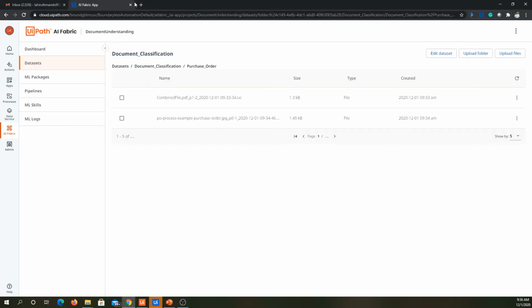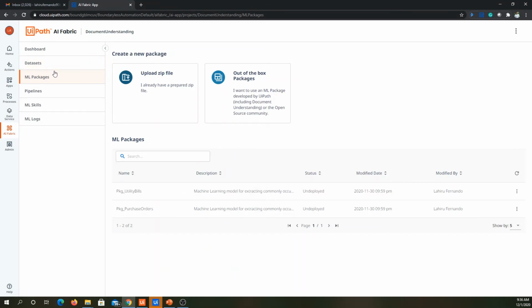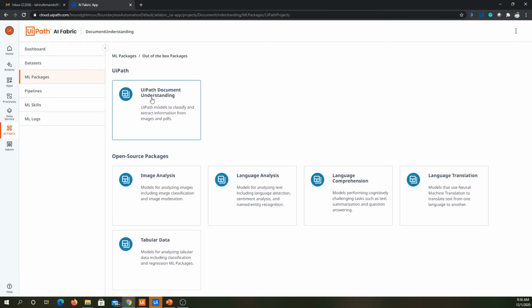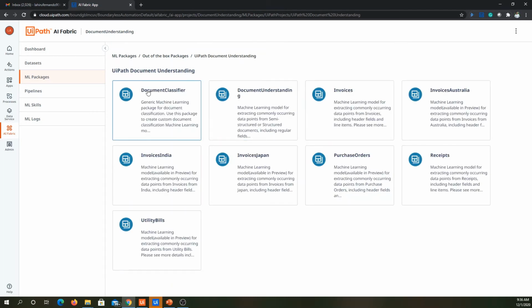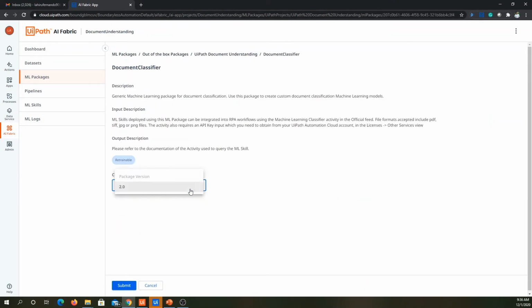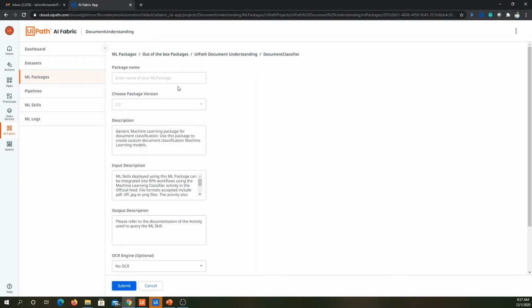Okay, so now the next thing is we need to create a ML package to train using this data. And under ML packages, if you go to out of the box packages, and go inside UiPath Document Understanding, you will see a new package called Document Classifier. We will use that, and we'll be using the 2.0 version because it's the available version, and you can see it's a retrainable model. So I will click on submit, and I will say